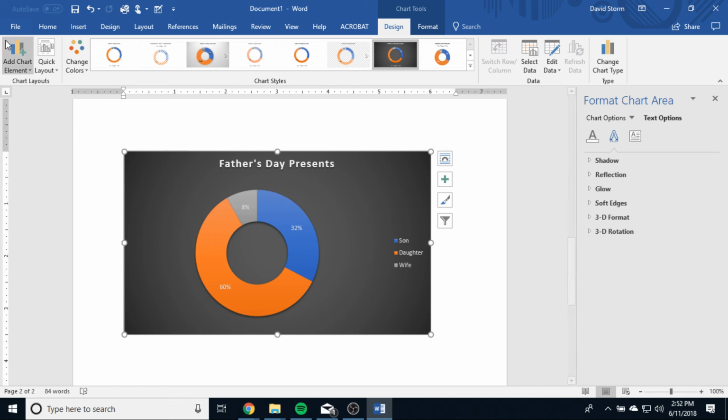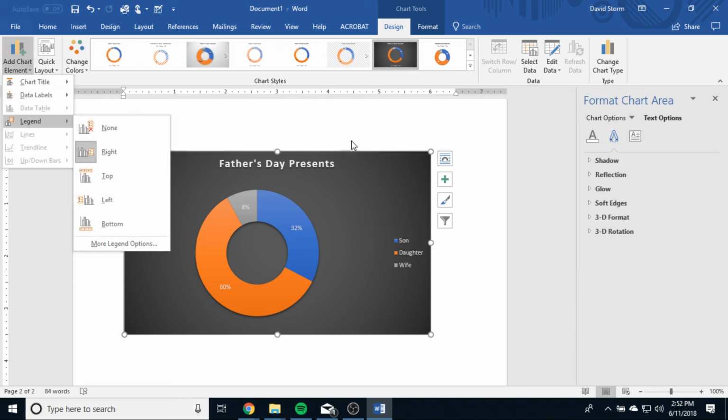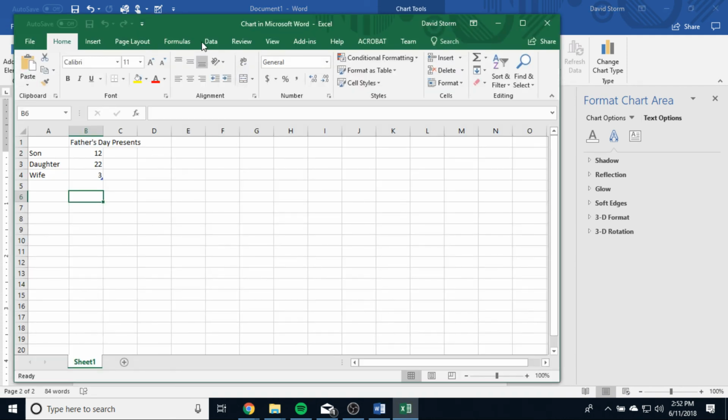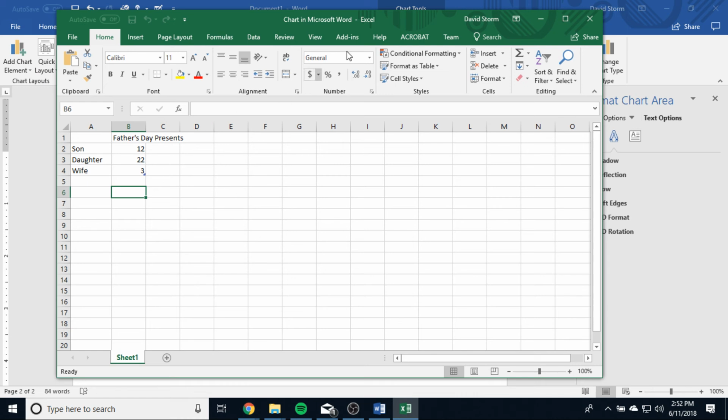I can add elements from here. I can add a chart element, labels and whatnot. I can even go in and, let's say I made a mistake in the data, I can even go in to modify the data even more by going over here to edit data in Excel. And then it will pull up, well, it's taken forever. I almost just crashed. So it had to open up the entire application,